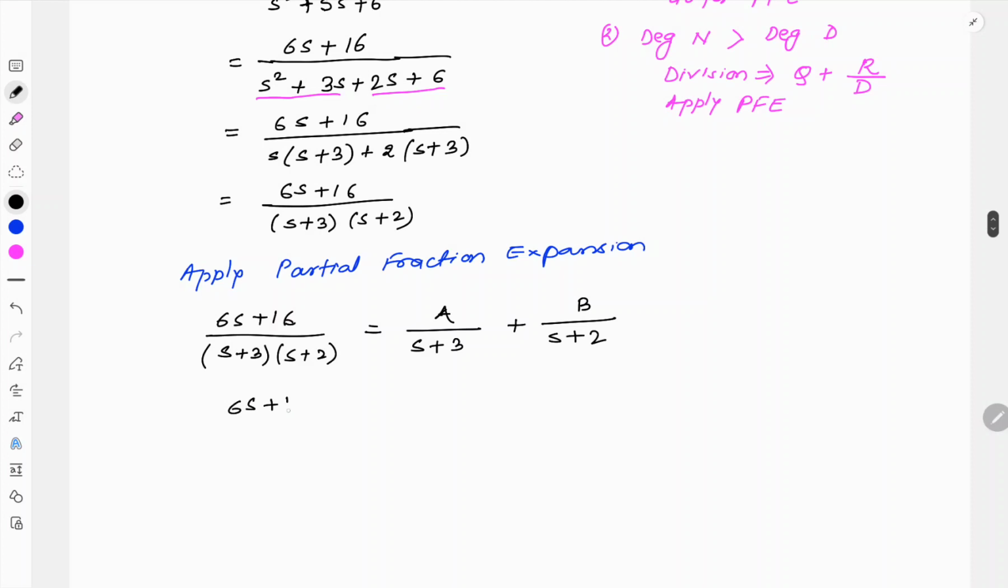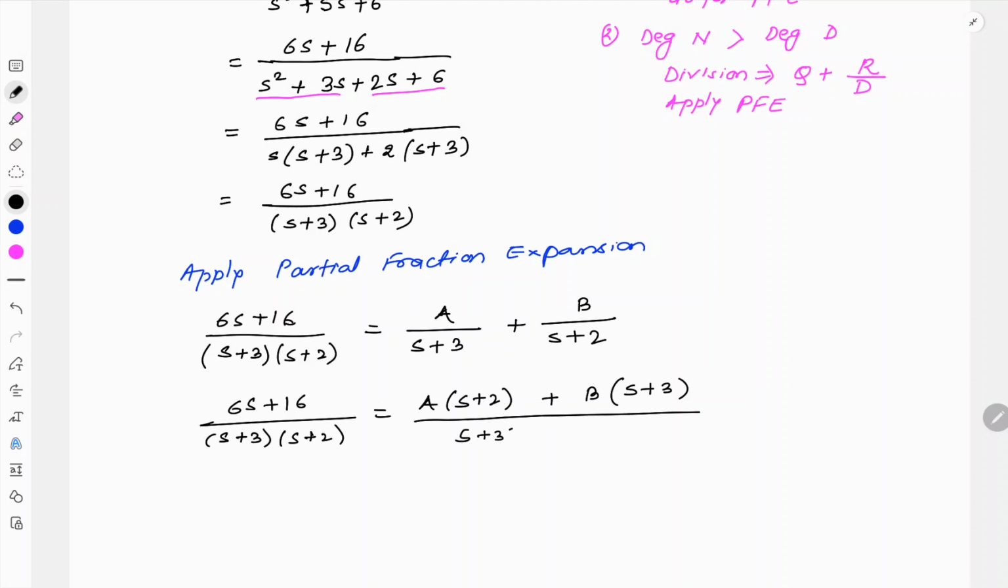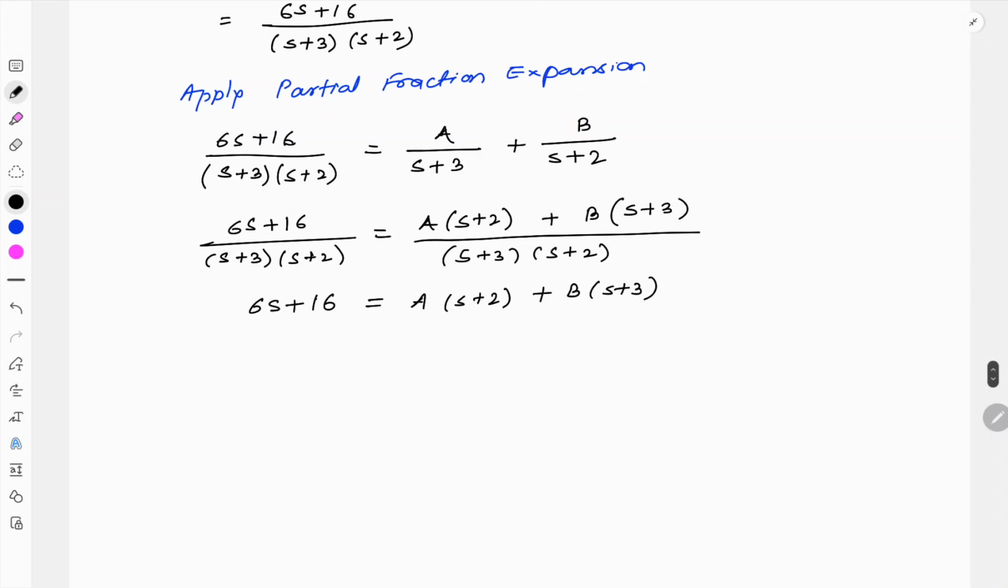So here we have 6s plus 16 upon s plus 3, s plus 2, equal to A into s plus 2 plus B into s plus 3, and whole divided by s plus 3 into s plus 2. Here on both sides we have the same denominator, so the denominators can be cancelled out and the simplified equation remains to be 6s plus 16 equal to A into s plus 2 plus B into s plus 3. Now we are supposed to find these coefficients. So to find A,